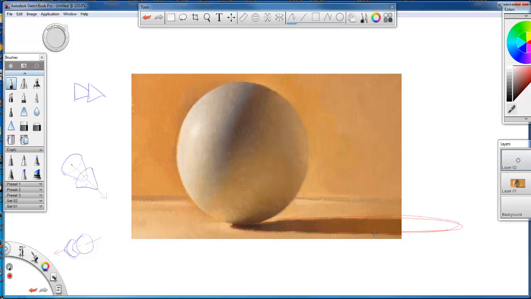Does anyone know how I would do that? Measure from the top of the shadow. That's right. I would measure from the end of the shadow through the top of this sphere right here. And if I were to come over and take my ruler and draw a line from here, okay,